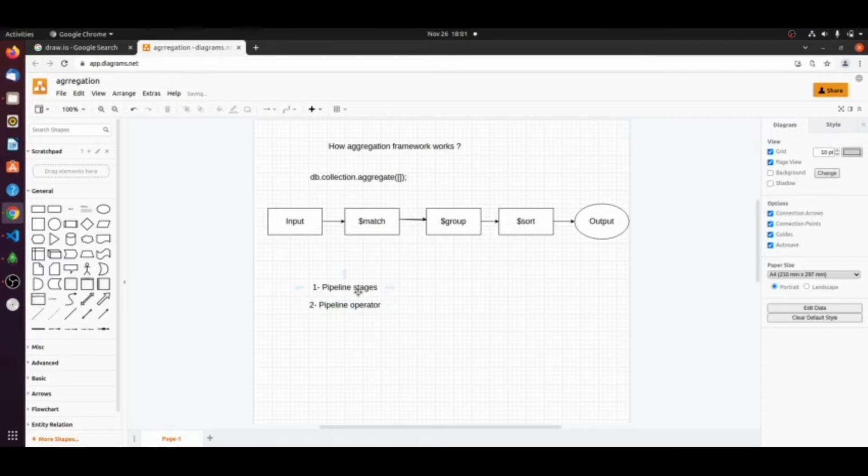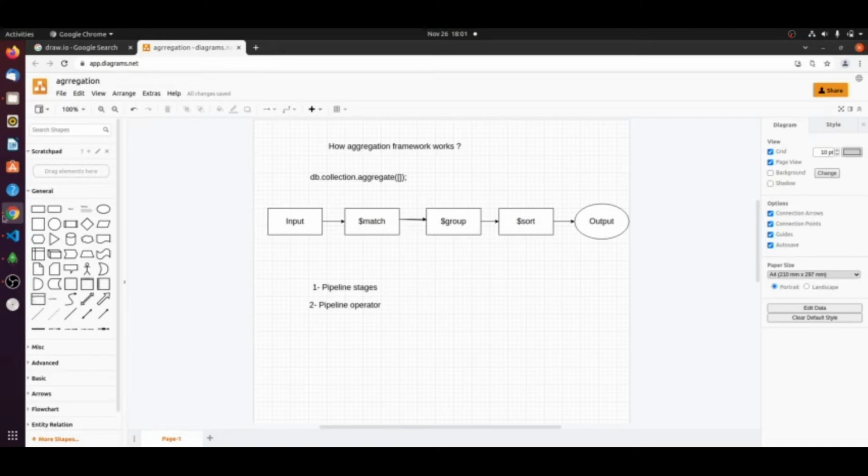So there are two types of operations we usually perform using this aggregate method. First we have to define the stages. Inside each stage we have to write some operator like sum, average, max, mean, like this. All the operators we will discuss.